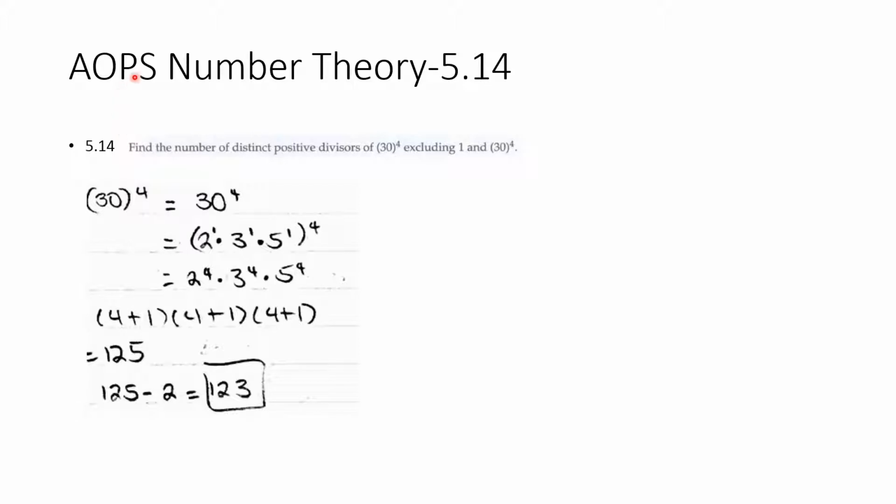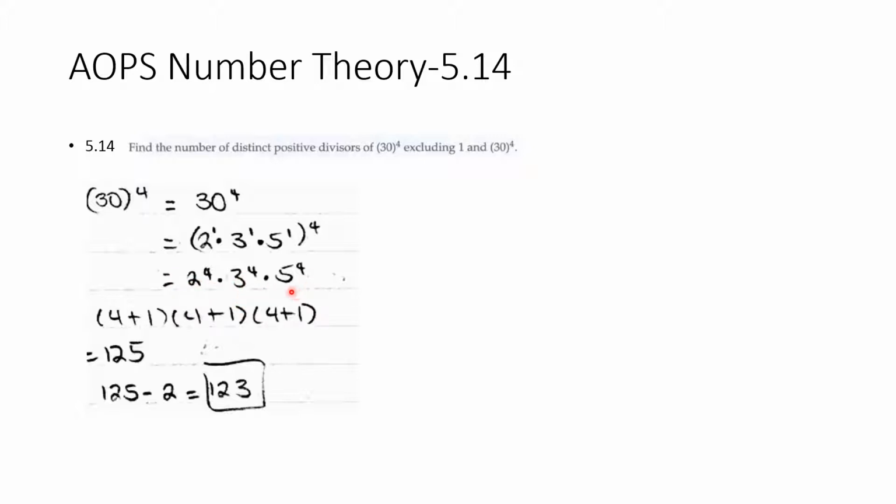AoPS number theory 5.14. Find the number of distinct positive divisors of 30 to the power of 4, excluding 1 and 30 to the power of 4. So 30 to the power of 4 is equal to (2 to the power of 1 times 3 to the power of 1 times 5 to the power of 1) in brackets to the power of 4. Well, that's equal to 2 to the power of 4 times 3 to the power of 4 times 5 to